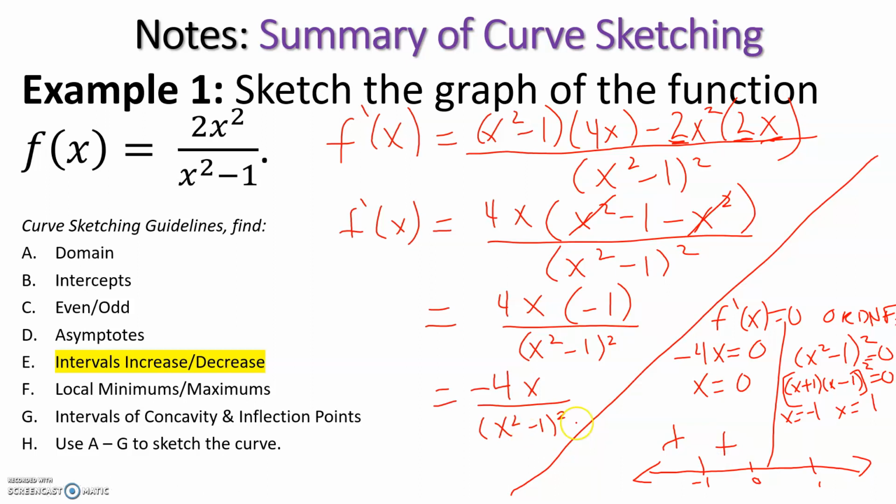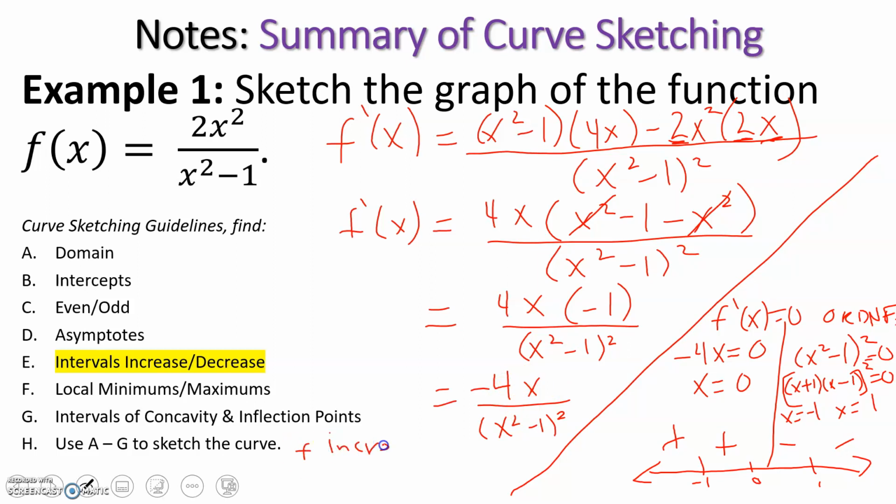Now let's plug in a positive 1/2. Positive 1/2 times negative 4 is negative 2. Negative, positive, negative. And then let's say I plug in a 2. 2 times negative 4 is negative 8. Negative, positive, negative. So we then can say our function is